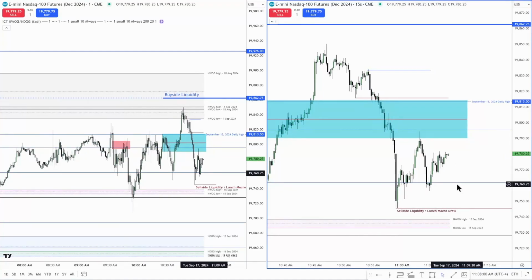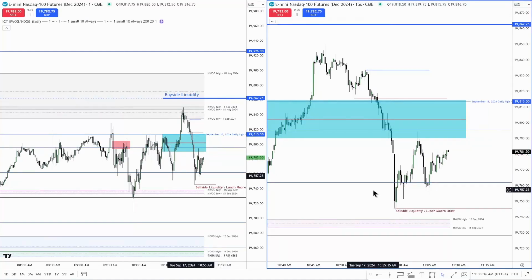How did I know that? Well, it's because I think that this was too easy, too shallow. And I think that either they're going to send it higher or they're going to take it right above this high anyway before it goes below these relative equal lows. I can justify both sides. And if I can do that, it's not high probability. So it's giving me the ability to show you that just because it looks like it's a fair value gap,